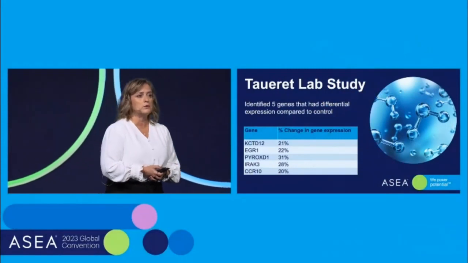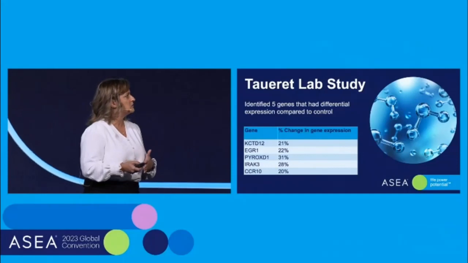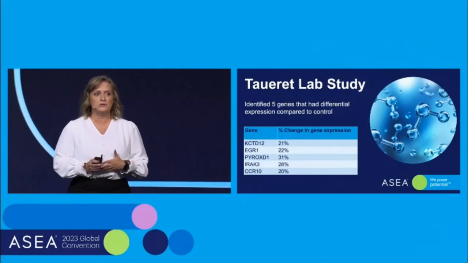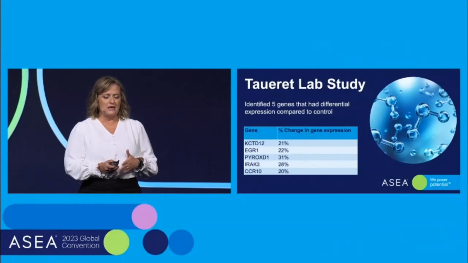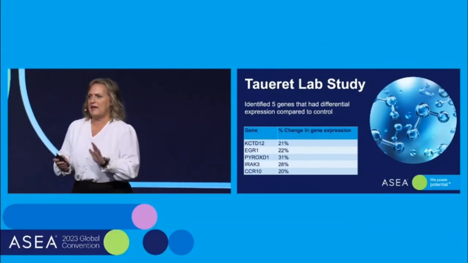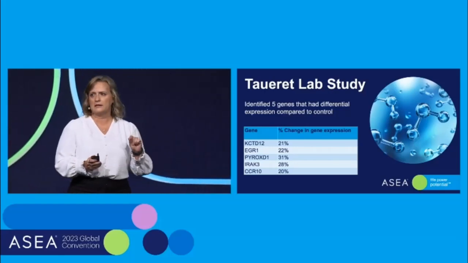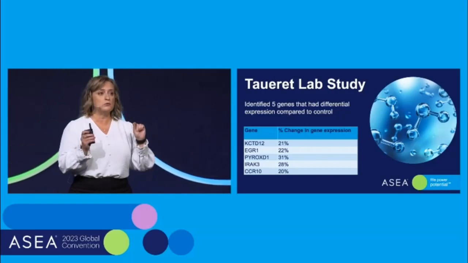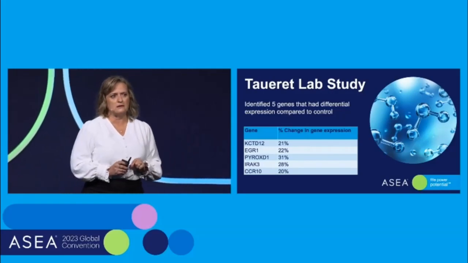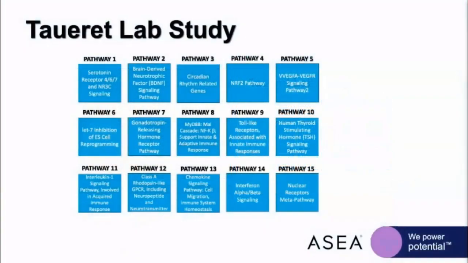In the other column, we can see how much the gene expression increased compared to the group that did not receive ASEA Redox. Even though they're complicated names, all we need to know is that they are very important because each one of these genes is related to different pathways that will produce specific proteins in our cells. The TARED study showed that ASEA Redox impacted the modulation of 5 different genes.